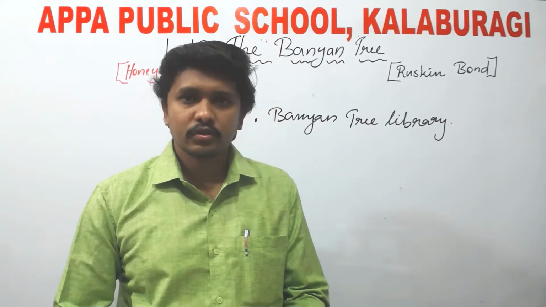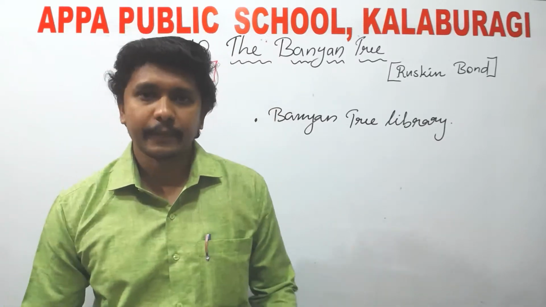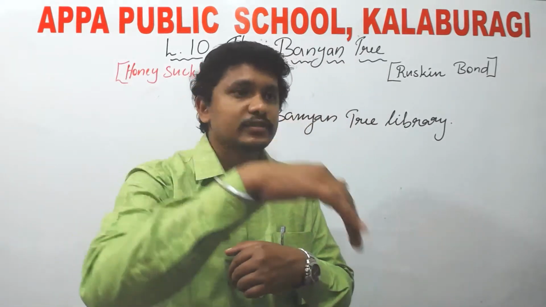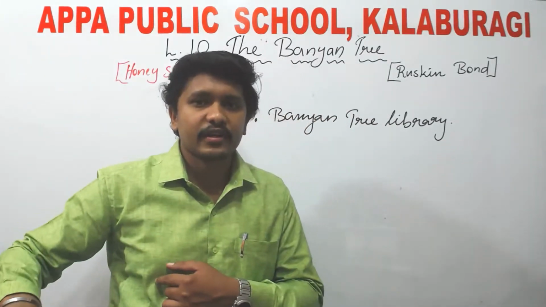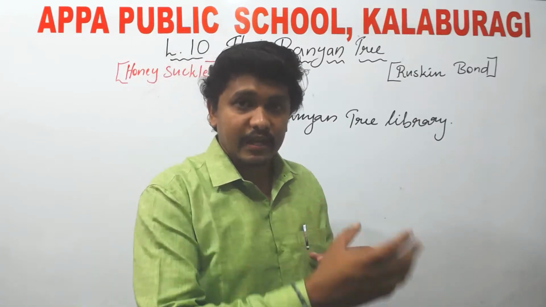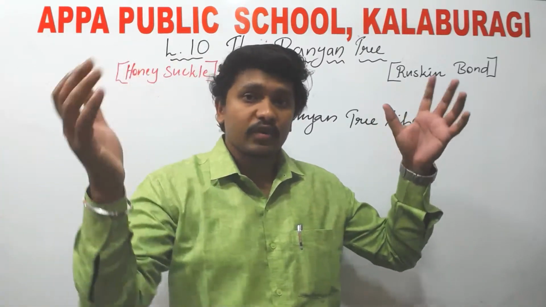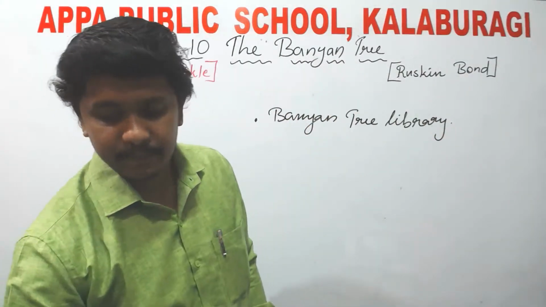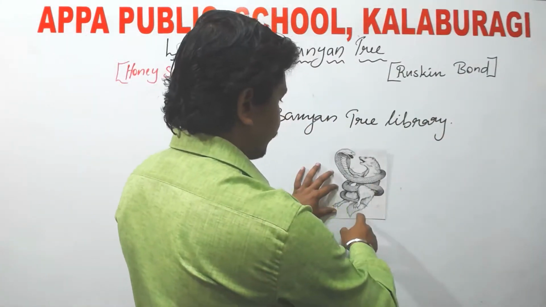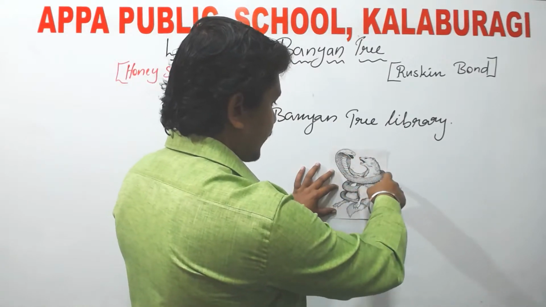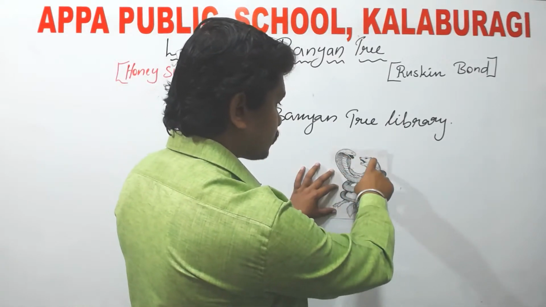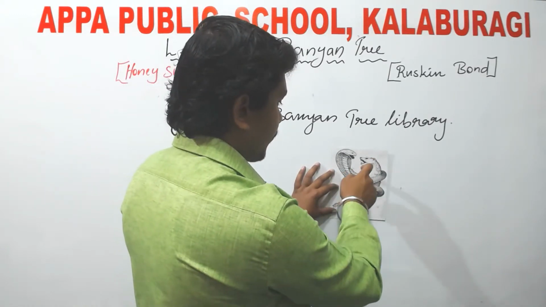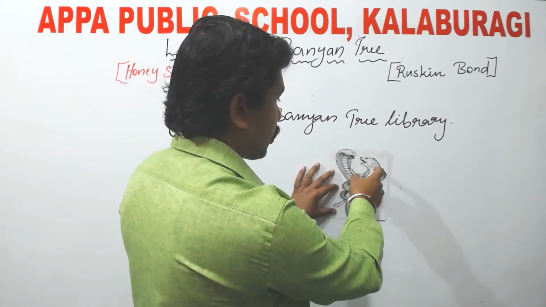So every time this is what happens. The mongoose will be making a pretended move to one side. The snake will strike there. The mongoose will be coming from another direction, biting and going back. At the same time, the myna and the crow will be coming in the mid-air and making some drama and going back. So this is a picture of the mongoose and cobra. You can see, even if the snake coils around the mongoose in this way, the mongoose can escape. So here see the images of the fight between the mongoose and cobra.